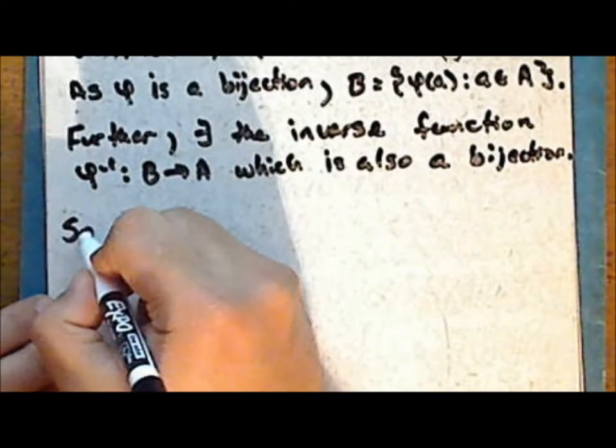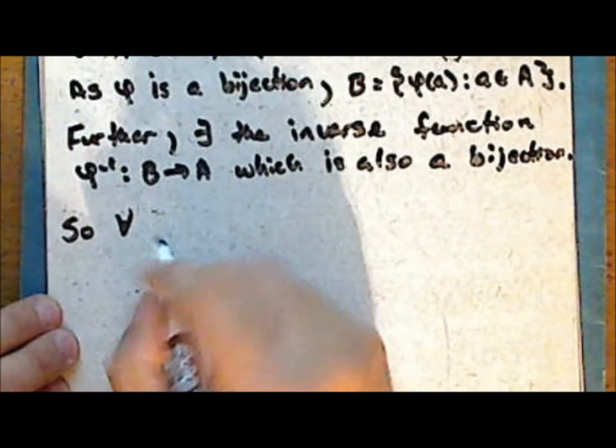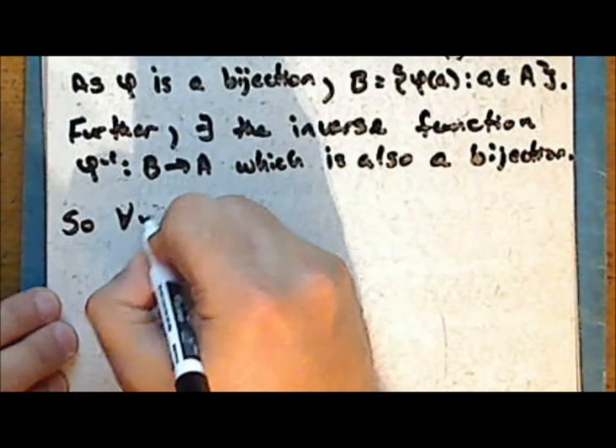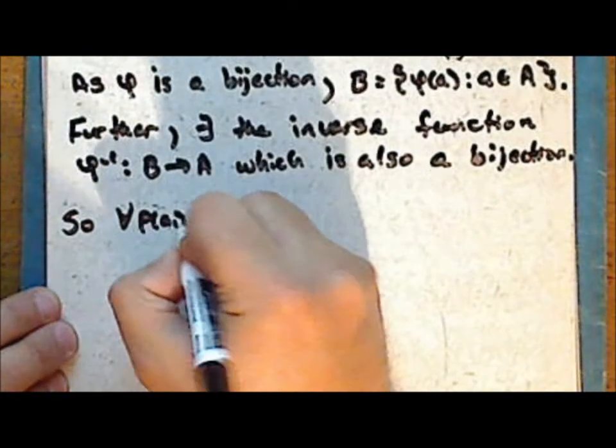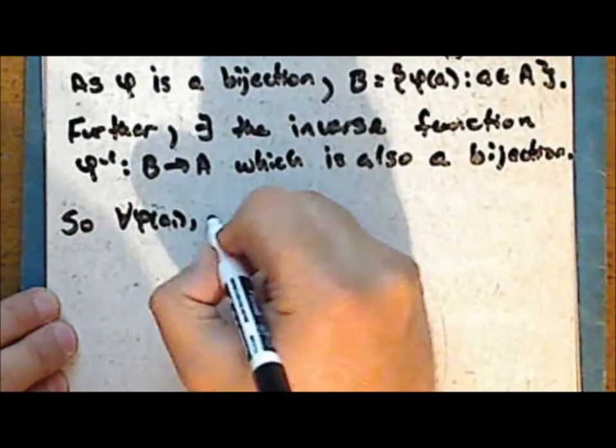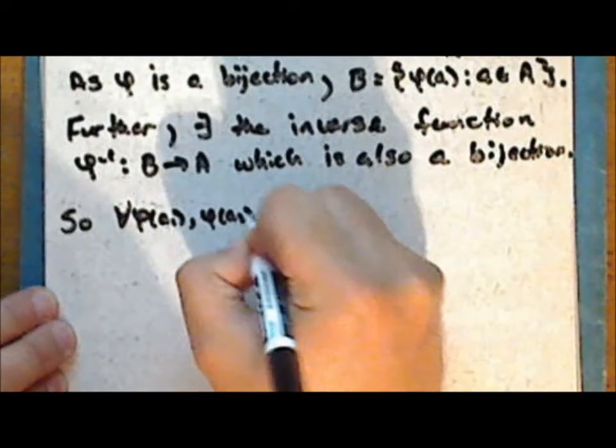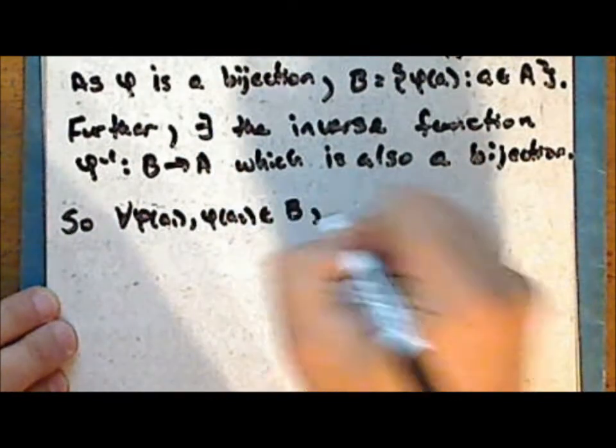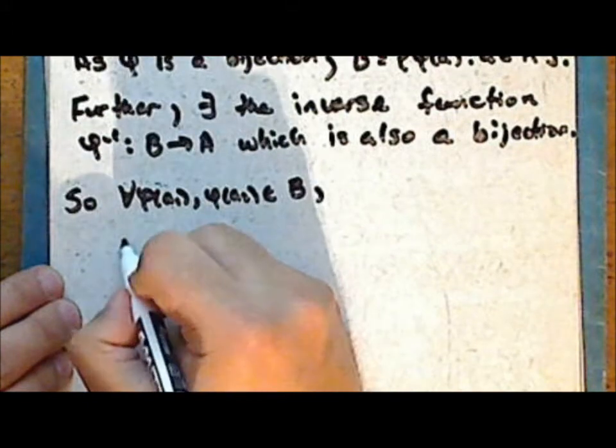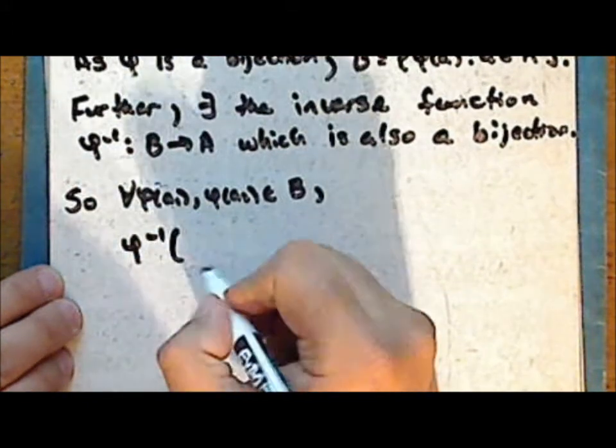And so for every two elements, phi of a sub 1, phi of a sub 2 in the set B, we have that phi inverse,